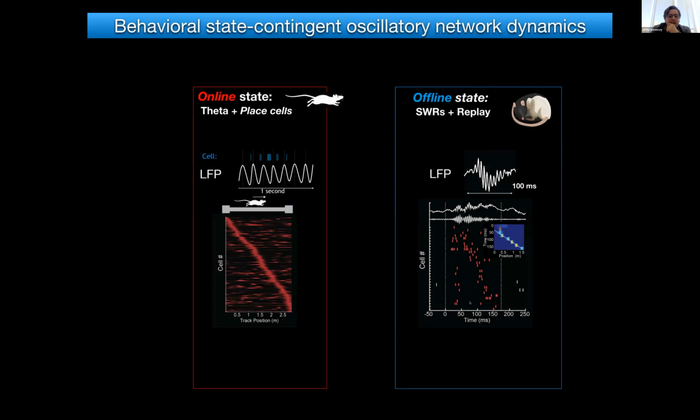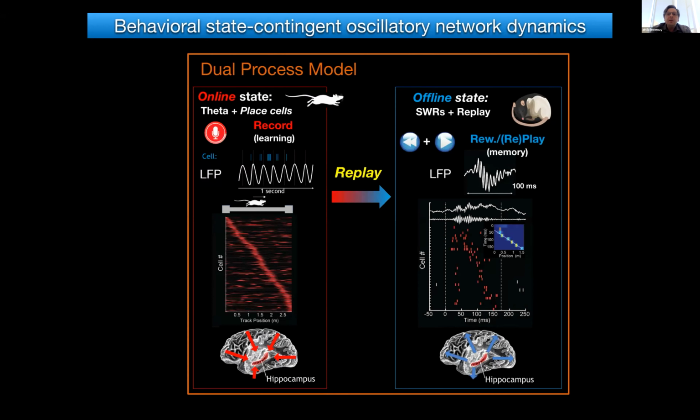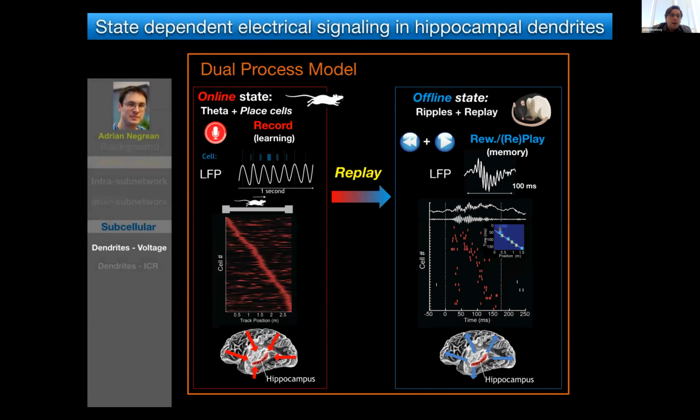And these 2 stages together are often referred to as a dual process model of memory, with theta encoding and ripple-associated consolidation. So the dendritic activity during these oscillatory states is completely unknown. And an added complication is that calcium has limited sensitivity and resolution to relate dendritic electrical signaling to network oscillations. And recently, voltage indicators came on board to record fast electrical signals, and that's what we used in another study